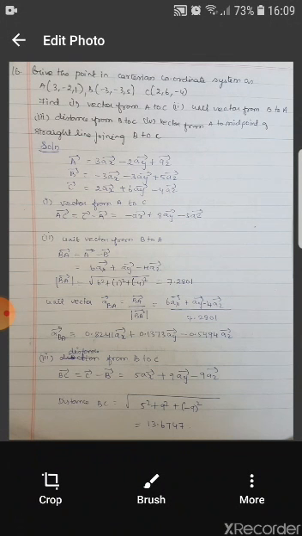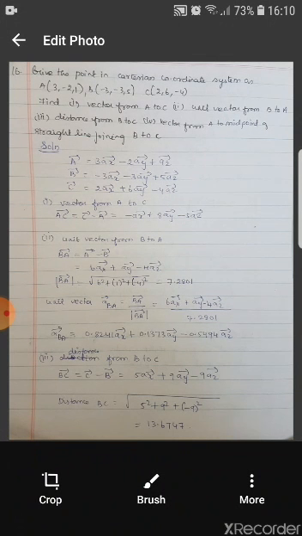So here comes your solution. You are given three vectors. Your three vectors are respectively A vector, B vector and C vector. A vector is equal to 3ax minus 2ay plus az. B vector is equal to minus 3ax minus 3ay plus 5az. C vector is equal to 2ax plus 6ay minus 4az. First thing, we have to find the vector from A to C. So A to C vector is equal to C vector minus A vector, which is equal to minus ax plus 8ay minus 5az.